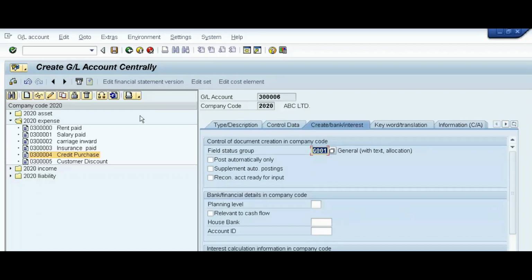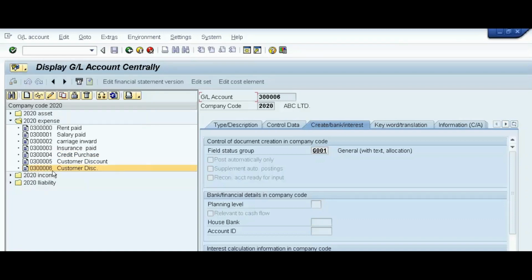Now save the general ledger. So this is our general ledger. This is our old customer discount general ledger, but we will work on this recent general ledger account of customer discount.